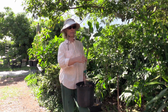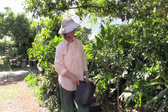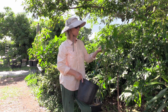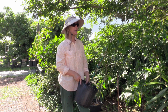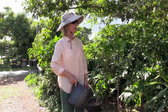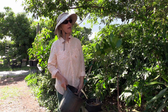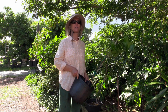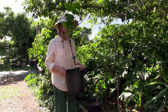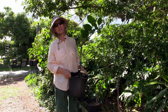The graft is right here, and so all of this is the grafted variety. We have that listed as golden pillow, and it's just been hanging out in the shade, no particular special treatment at all. And you know, this is looking really nice, but jackfruit actually has a reputation of growing very quickly. But in order for this to grow quickly, it has to be in the sun, of course,